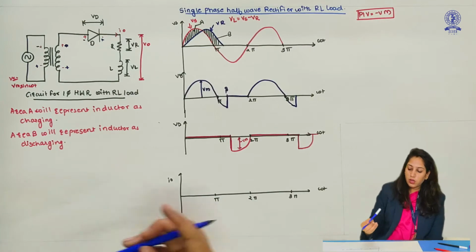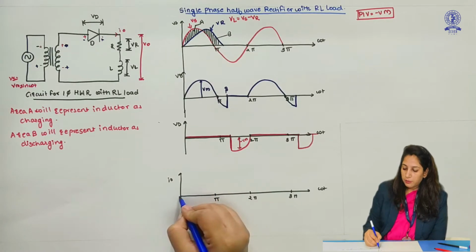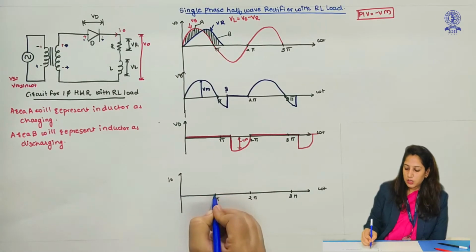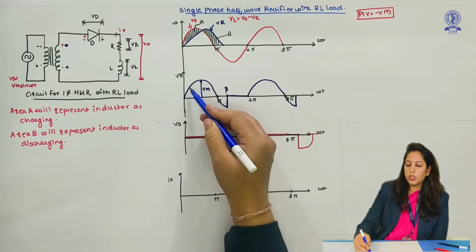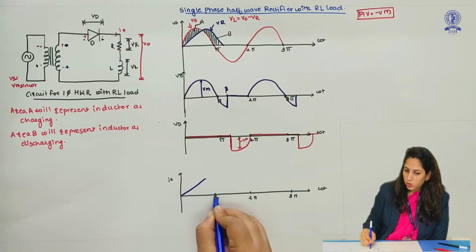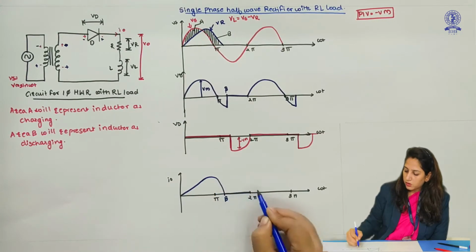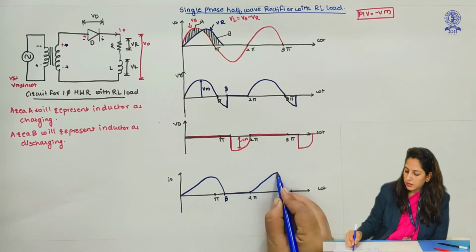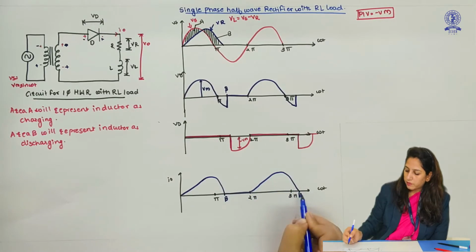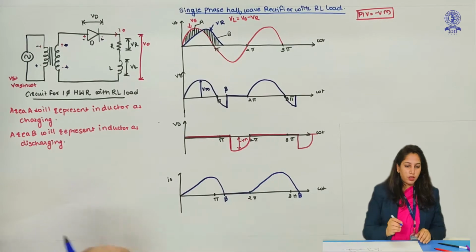Now we will see the output current I0. The current here will not be like our resistive load, because in a resistive load the shape of current and voltage was the same. Here the current will slowly go on increasing, and after pi also this current will remain, till beta. So the current will be in this way. Again it will be 0, again it will increase. So this will be a smooth wave for the current. Now we will see some performance parameters for it.